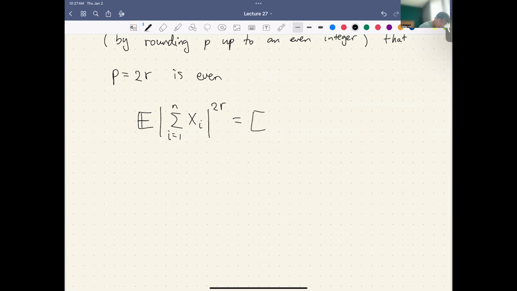It's the expectation of the sum of xi, 1 to n, to the power 2r. What is this? If you expand it, this is basically the sum of expectations of products